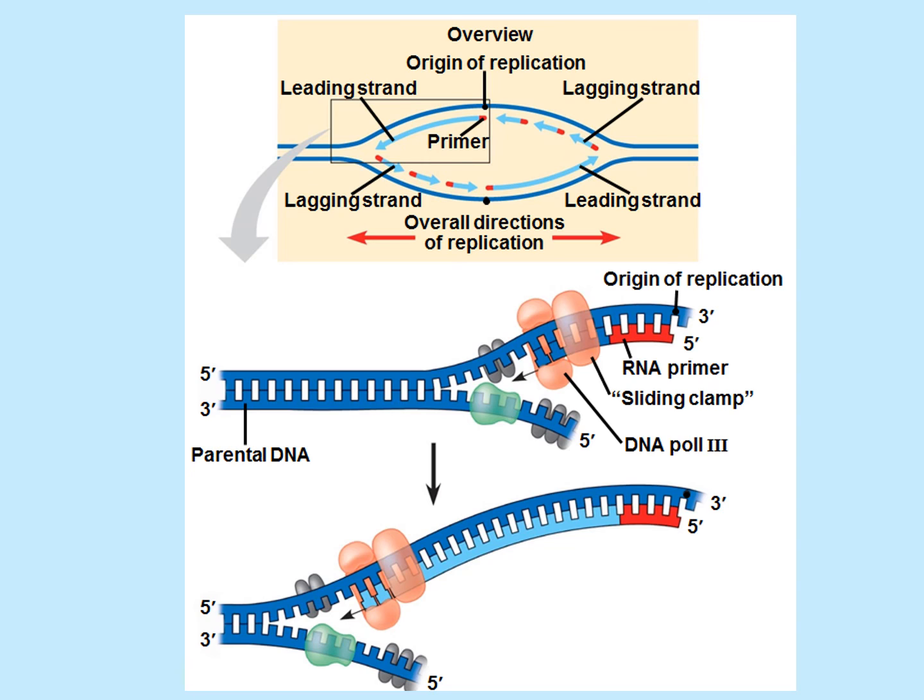So once again, we have our RNA primer, which is the structure in red. And once your RNA primer, which is like a glue, is added on to the top template strand, your next enzyme can play a role. The next enzyme is called DNA polymerase 3. DNA polymerase 3 adds on DNA nucleotides to the RNA primer's 3' carbon. In other words, DNA polymerase 3 will add on DNA nucleotides in the 3' direction of your RNA